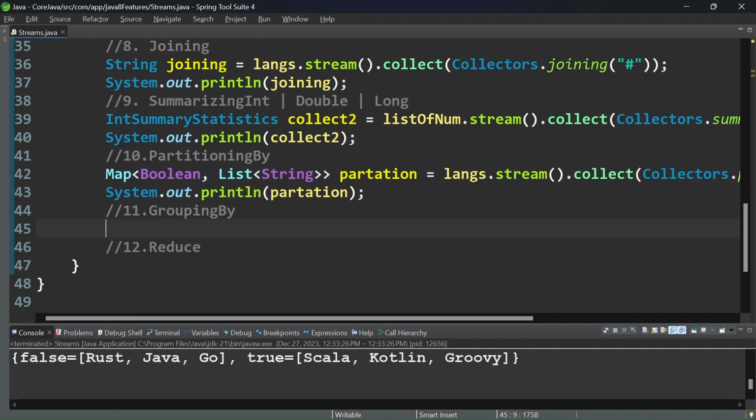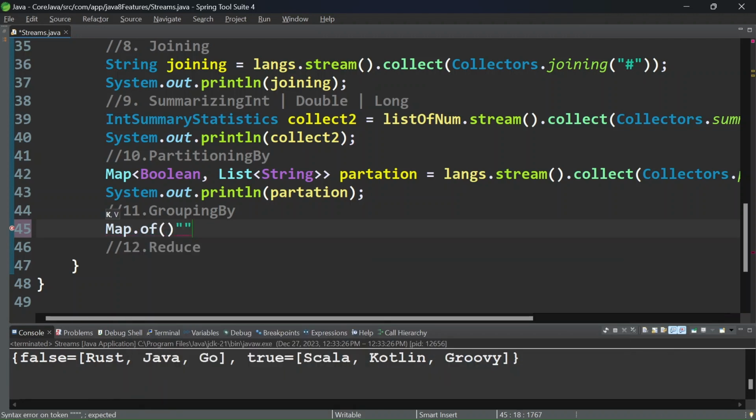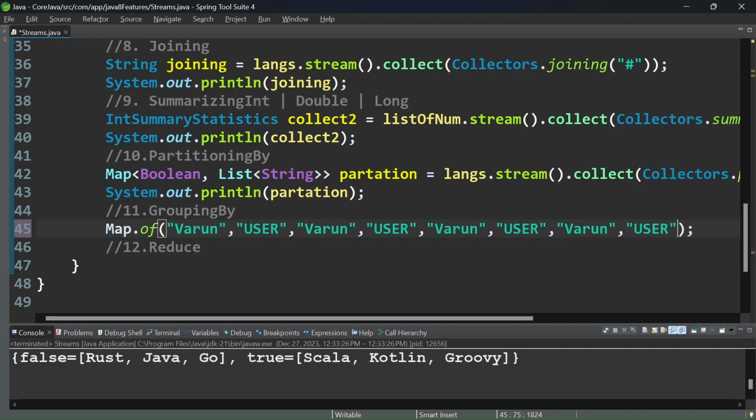Grouping by also is a terminal operation. If you want to group the result for that input source, you can apply it. So let me create a map. I'm taking data where the key will be the user and the value will be the role. So let me copy this, make duplicate objects and apply,